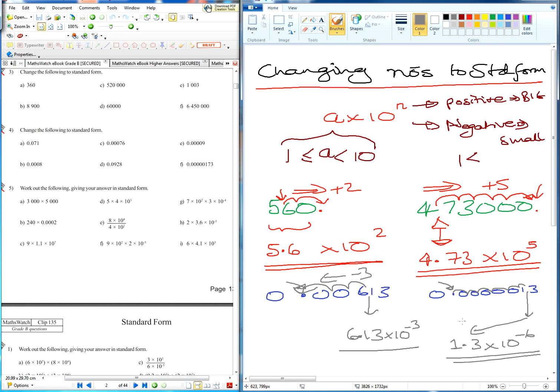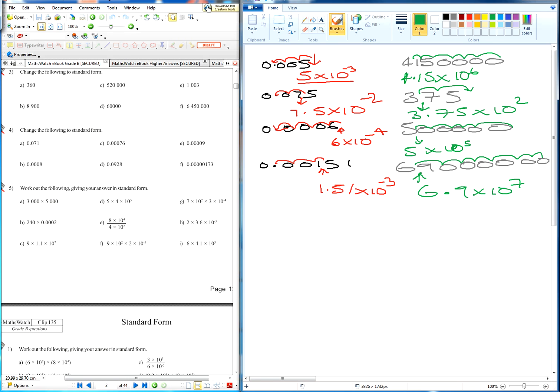So with the 4 example questions there, the green ones covering large numbers and the blue ones covering the small numbers. That's the end of this particular part of the video. We're going to pause it and I'll give you a couple of questions to do, and then we'll come back in a bit. Okay folks, here are the answers. I'll put them on the screen for you to